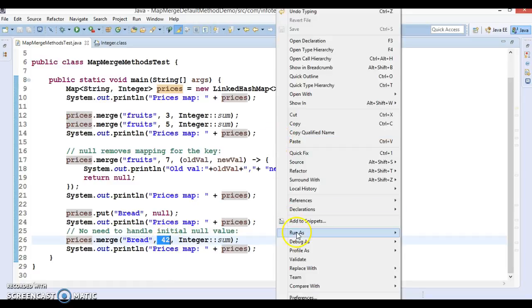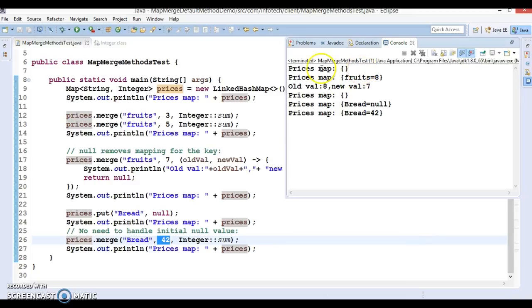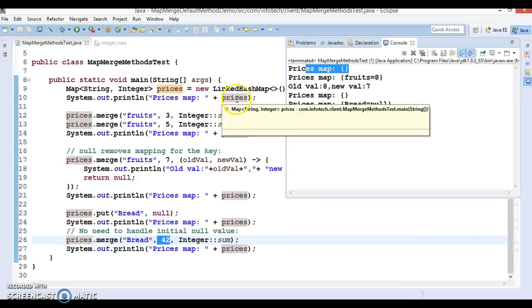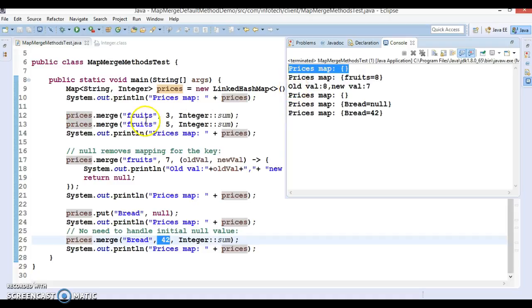So if I run it, then I can show you the output. So look here, initially when we try to print prices, it is printing an empty map, and in this line we are trying to merge fruits twice, and the first time we are passing 3 and the second time 8. So these two things will be added and assigned to the fruits. That's why we are getting fruits equal to 8. Now we are calling the merge method. This time we are passing the key as fruits and the new value we are passing is 7. So the old value for fruits was 8, right, and this remapping function is returning a null value, right. So fruits is substituted with the